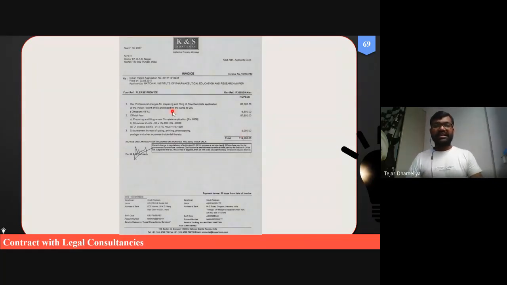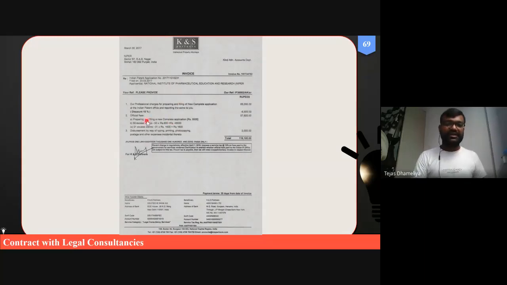So basically, this amount of fees, 57,600 rupees, has to be paid to the Government of India, and about 65,000 rupees of professional charge has to be paid to these KNS partners, the patent agents, for filing of the patent.